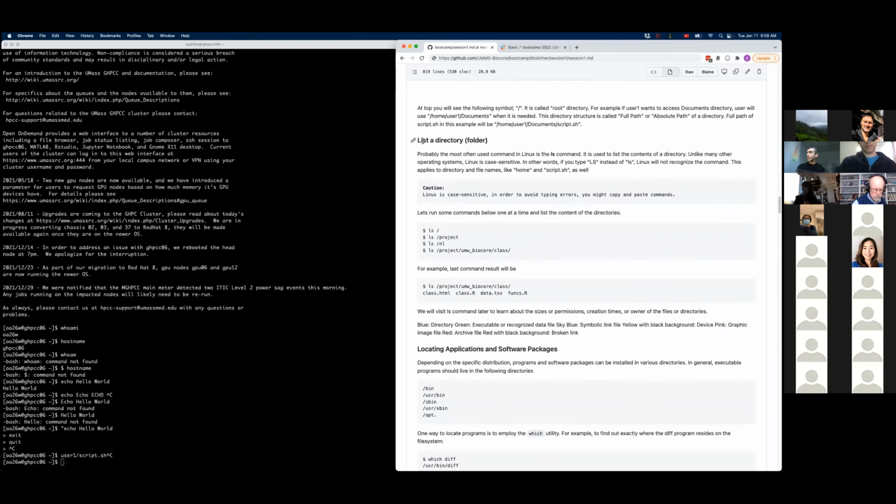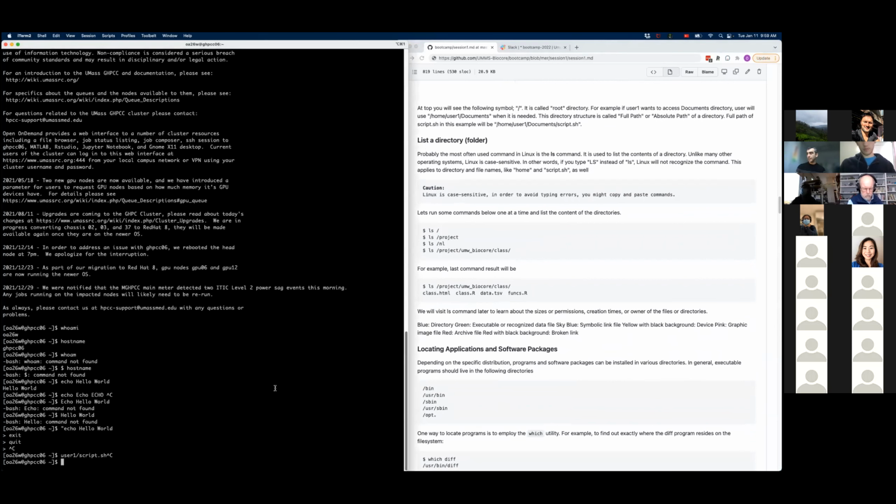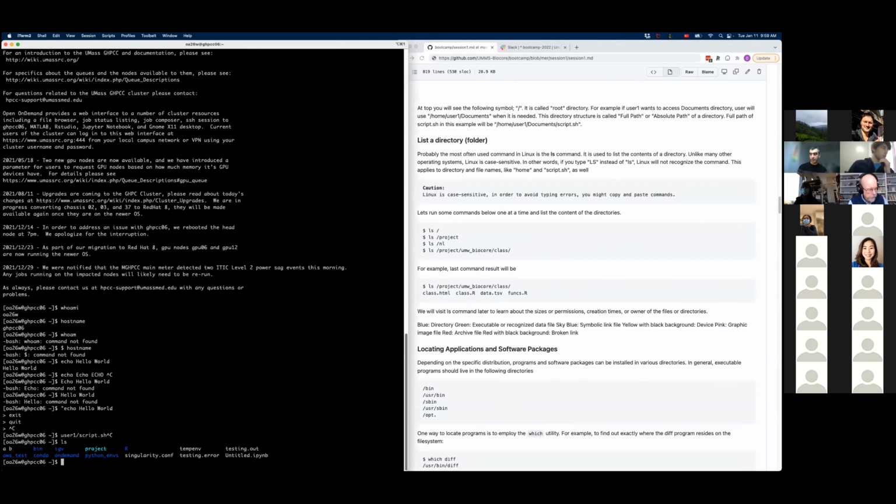Okay, so our next command is ls. The ls command is used for listing the contents of a directory or listing the information about a file. So if we do ls and then hit enter, it lists whatever is in our current directory. So I have all of these. If you go ahead and type ls and enter, you are going to see which files and which folders are available in your home directory.